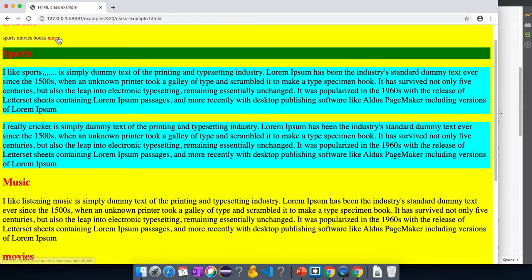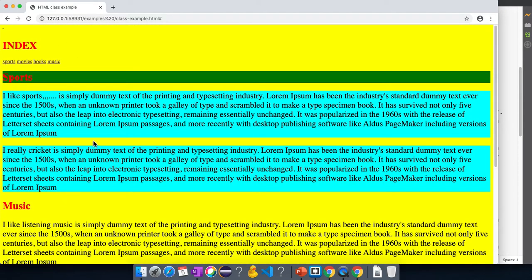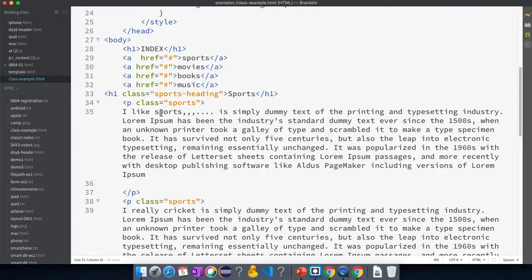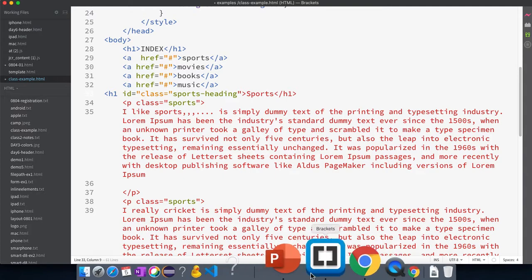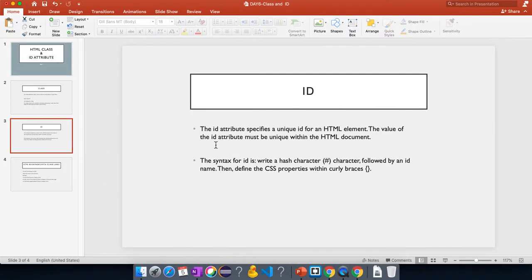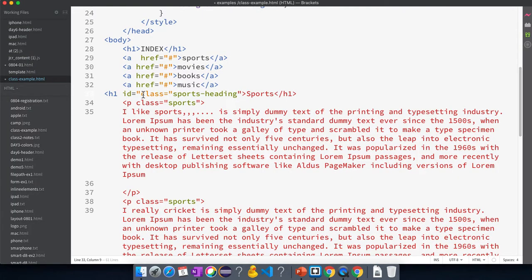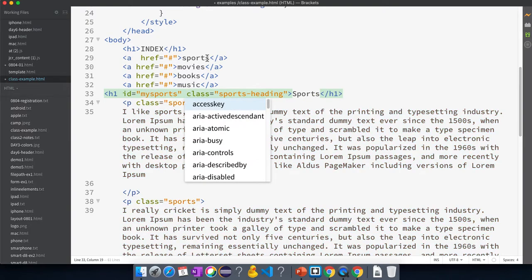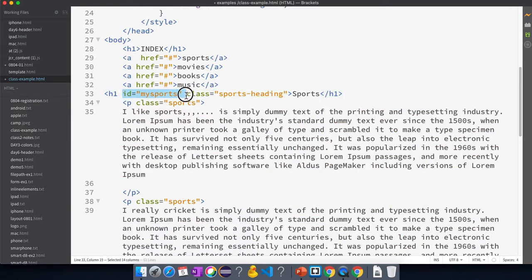If you are clicking on music, it should take you to the music section. So what we'll do, we should use ID. ID equal to, you can give a unique name. The ID attribute specifies a unique ID, which means if you are using an ID called my sports, or any name, you cannot use this ID in a different section.